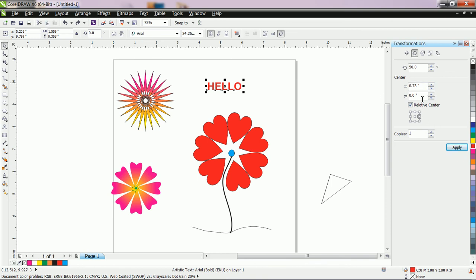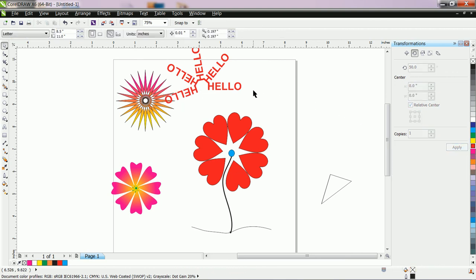Or you can also keep the text like this. Suppose again the rotation point is this one. Change the rotation point, so change the position of the rotation point. Use apply. You can also use it like this. With the help of these tools, or with the help of the transform tool, you can easily make different types of shapes as per your logic.